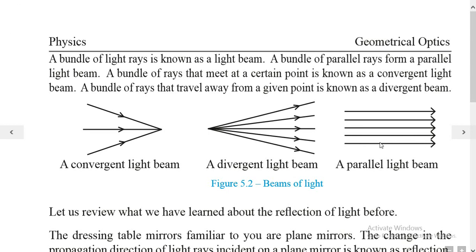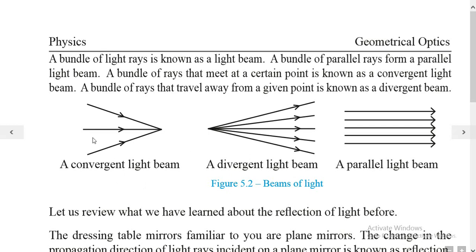It is very easy to identify. Examples we have given: the light coming from a torch, or in the jungle, the light rays in misty conditions coming through the trees. That is a parallel light beam. Then the other two types, very important, are the convergent light beam and the divergent light beam. In this lesson, it is very important to identify the difference between convergent and divergent, because we discuss the mirrors and the lenses. These two types we again discuss according to convergent and divergent.